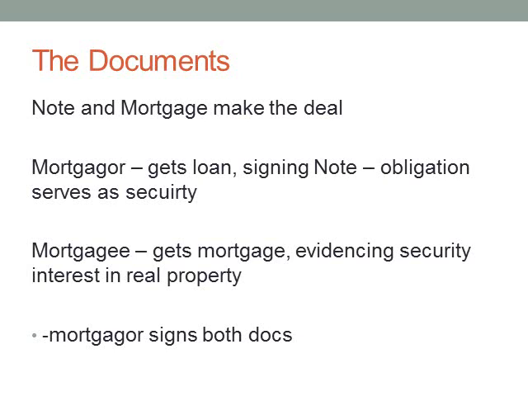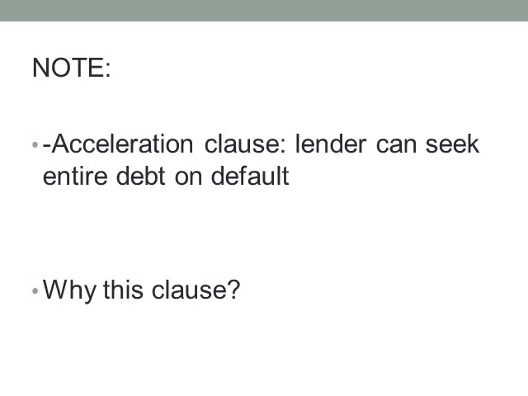The note itself is a form of commercial paper. We're going to talk about that when we talk about negotiable instruments. The mortgagor promises to pay the agreed upon amount with interest by a certain date. It's like an IOU, right? Loans and mortgages are usually 15, 20, and 30 years long. And that's, like I said, the obligation that serves as the security interest of the mortgage,